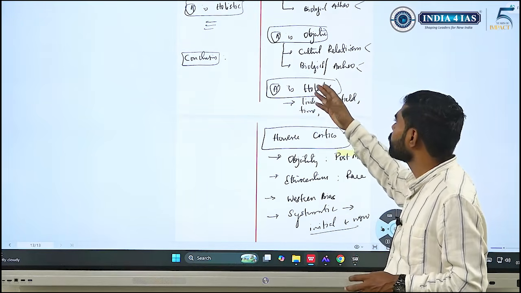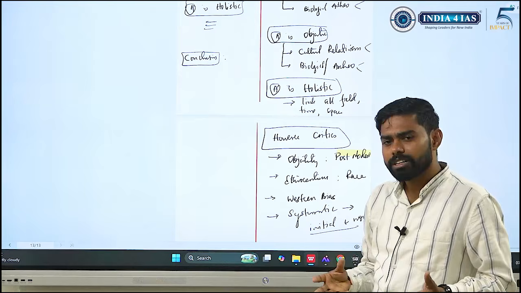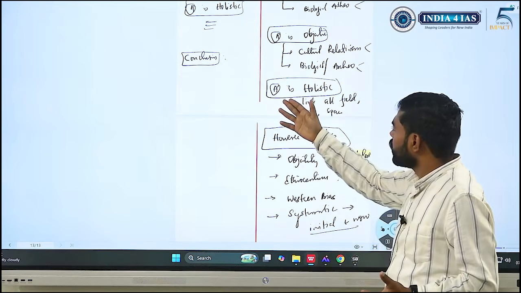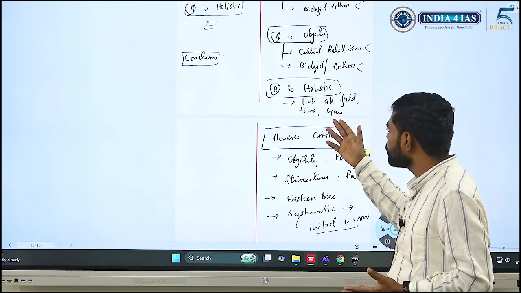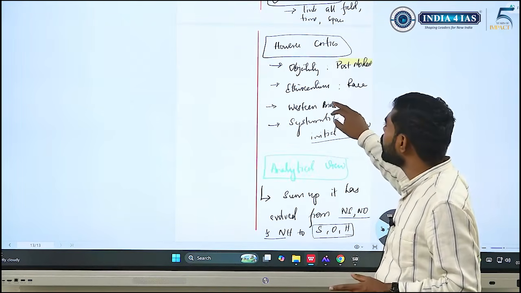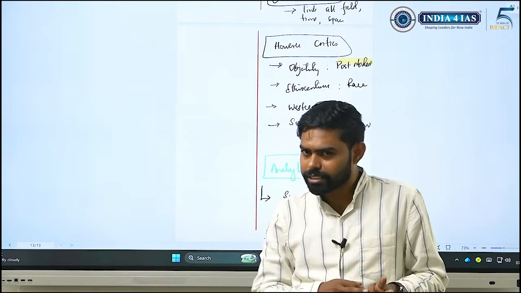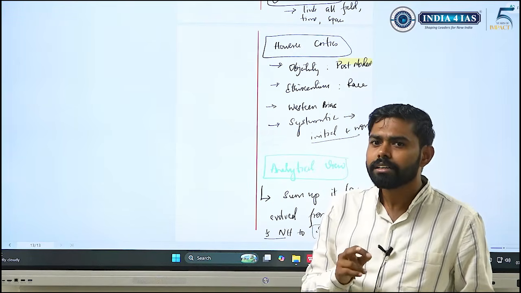Cultural relativism, and in biological anthropology, it is objective, right? The gene studies are objective. Anthropology is holistic. It links all fields, time and space. See, you know it. What is holistic? You can simply write a few points over there. And now, yes, anthropology is systematic, holistic, and objective.